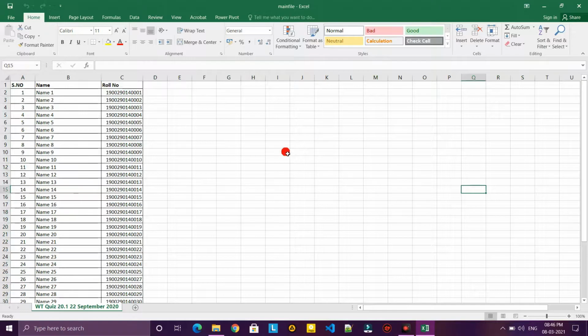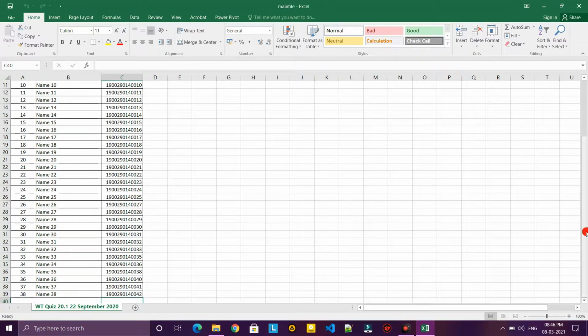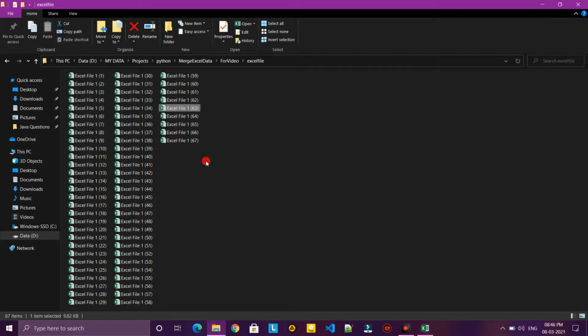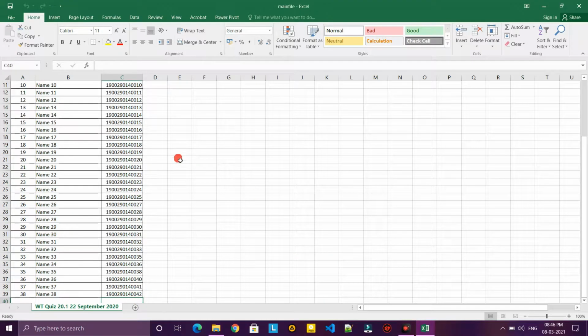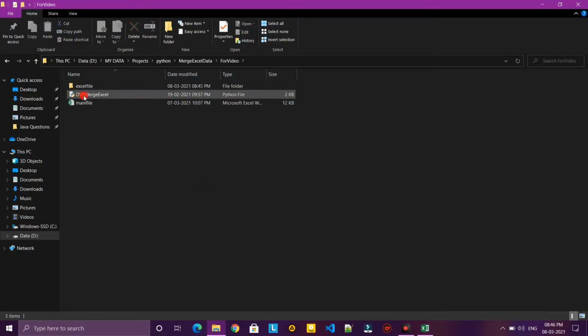But this Python program will work in two ways. First, if the roll number is found, then it will display or merge the information just in front of the roll number. If the roll number is not found, it will add the extra roll numbers which are available in these Excel files. Suppose in the main file we have roll numbers 1 to 38, but here we have roll number 39. So roll number 39 will automatically be merged here. If the roll number is not available in the main list, then it will automatically merge all the roll number data in a single file. So this is the working of this code, and the code name is dvk merge excel.